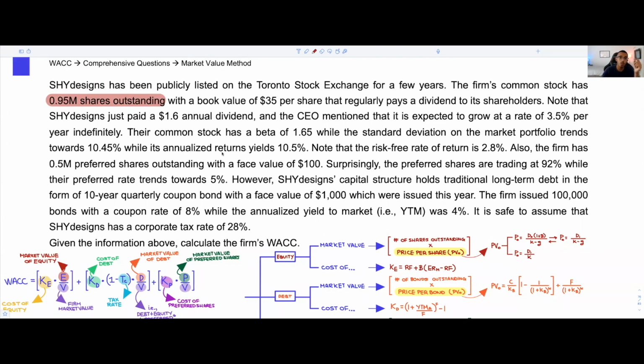However, what I want you to also be able to identify is that the book value per share doesn't do anything for us. The reason is that we want the price per share that's currently trading, not the book value. The book value is essentially the initial issuance price for those common shares when there was an IPO back in the day. Maybe the stock is trading at a higher price, maybe at a lower price. That's why it's important to use our equity valuation formulas to solve for the present value of these stocks,